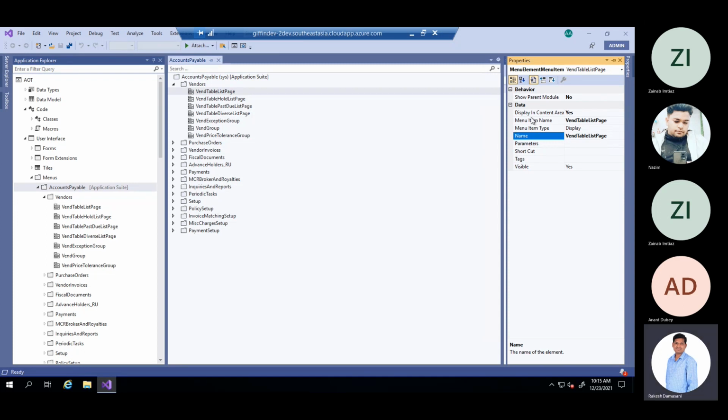Here, what is the property? Here we have very less properties, and the important property is menu item type. It says menu item type of display and menu item name when table list page. So if we want